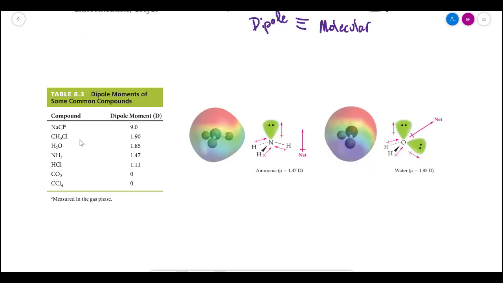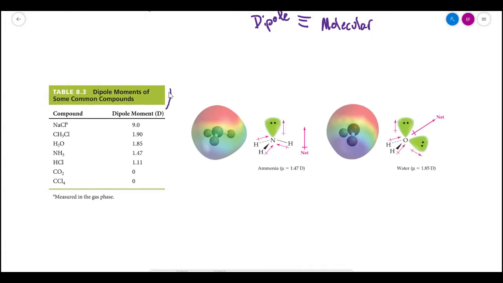I'll just compare a couple molecules here. So this table on the left just represents some common molecules and their dipole moment. You can actually calculate this. It's not important that we be able to do this in this class, but it's nice so that we can compare these things quantitatively. We see at the top NaCl, that's a completely ionic compound, so of course it has a really large dipole. And then down at the bottom we have carbon tetrachloride, or CCl4,